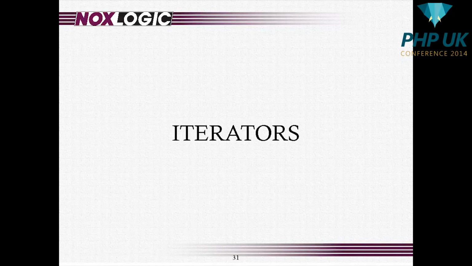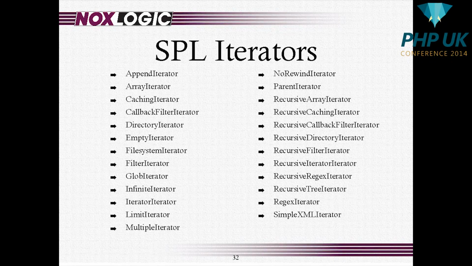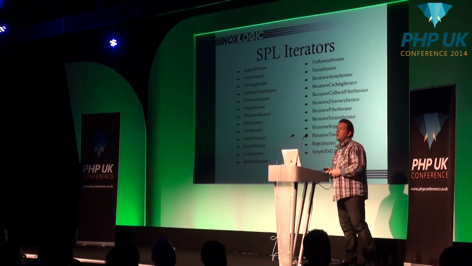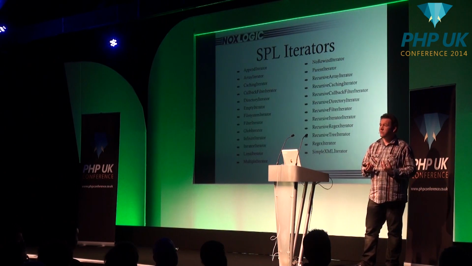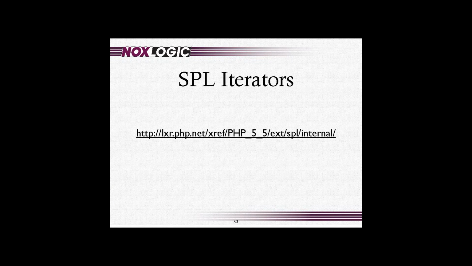So, the iterators. This is always nice. There are a lot of iterators. And since PHP 5.4, there are some really cool ones called the callback iterator, callback filter iterator, and recursive callback filter iterator that allow you to add a callback. So the need of creating your own custom iterators pretty much disappeared because you can use really cool callbacks for that. If you have no idea what an iterator does, and there's a lot of them, and you probably won't know, even I don't know what all of them are doing, you can look them up at this site,